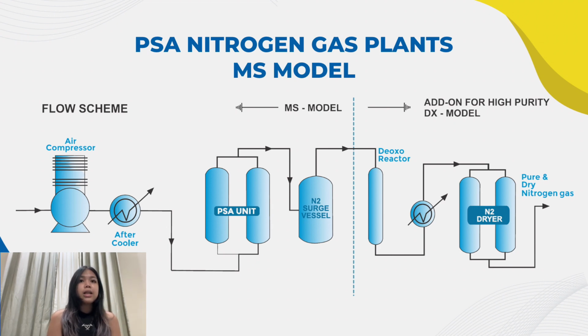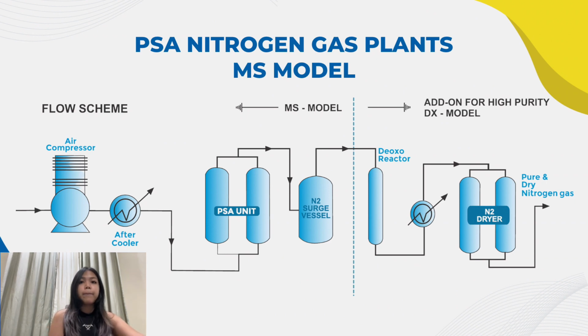And finally, it goes through an N2 dryer before exiting the process. The nitrogen gas is passed through a dryer to remove the water formed in the deoxo reactor and any other residual moisture. This ensures that the produced nitrogen gas is dry and suitable for its intended application. So after going through this entire process, the result will be high purity dry nitrogen gas